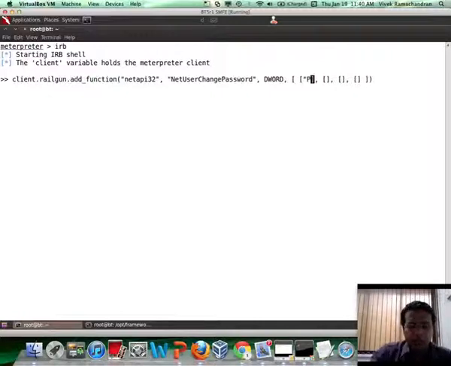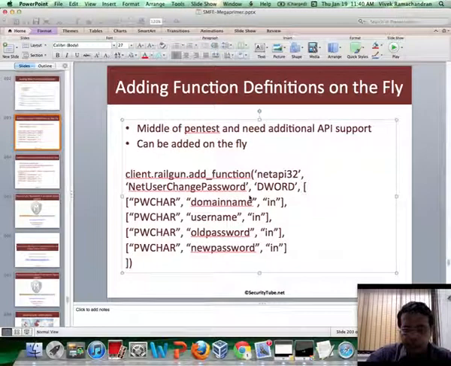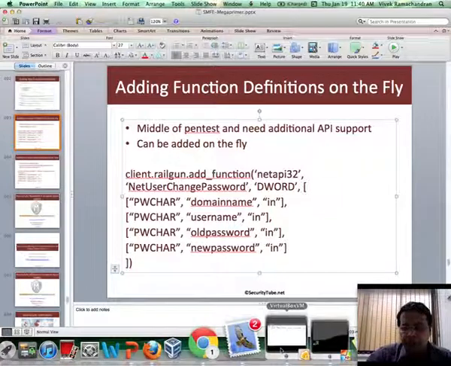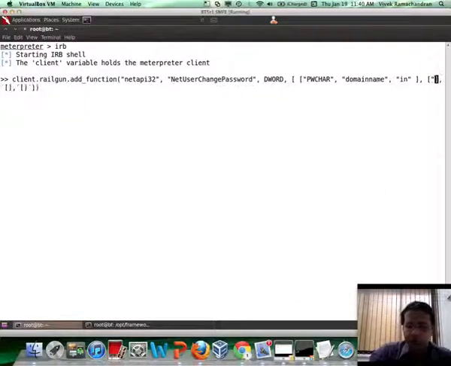So the first thing is the data type, and then you have domainname. The direction of the argument is in, right? Now let's move on to the next argument, which is, if I remember, the username for which you change the password. Again, this remains the same. Username goes as in,